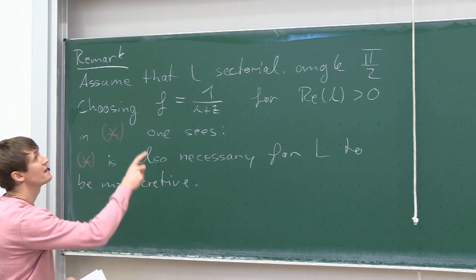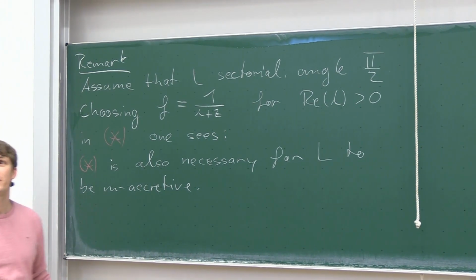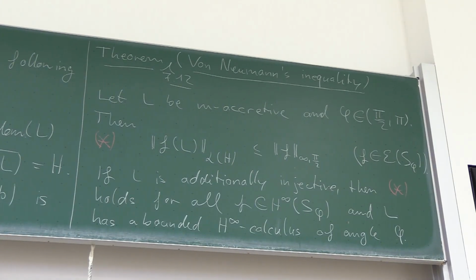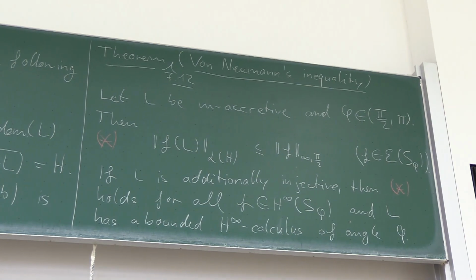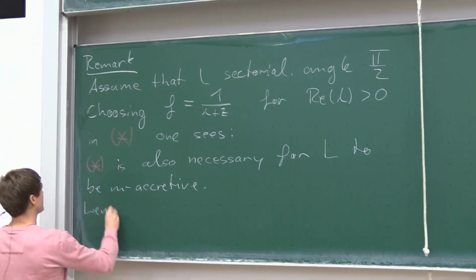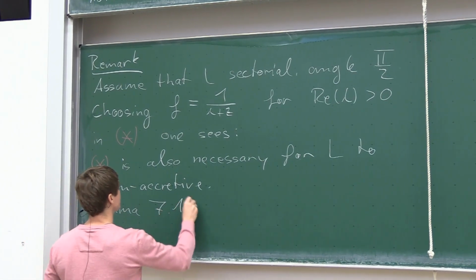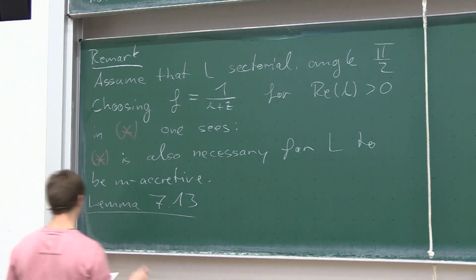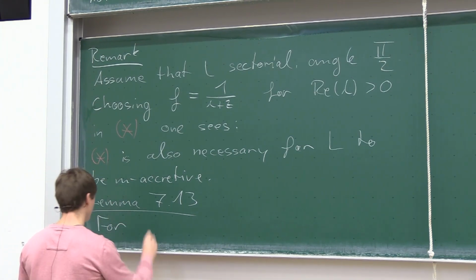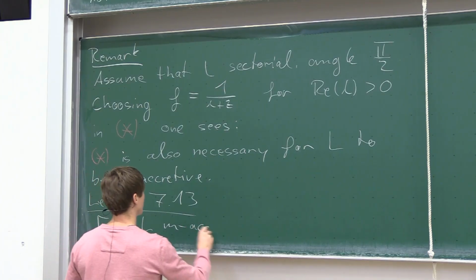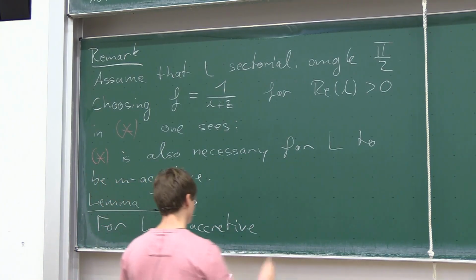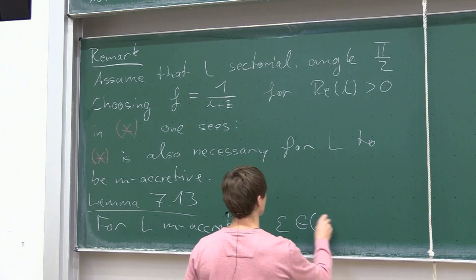Okay, so now we want to turn to the proof of von Neumann's inequality for m-accretive operators. And the idea is somehow to replace L first by some approximation. And we call this approximation throughout the whole lecture L epsilon. And this L epsilon is defined as follows. We define it here in Lemma 7.13. Namely, for L m-accretive and epsilon between 0 and 1,